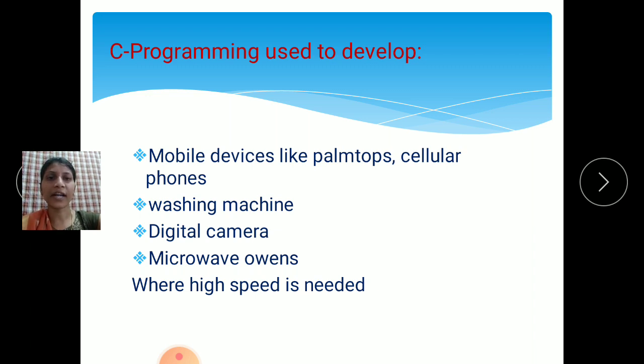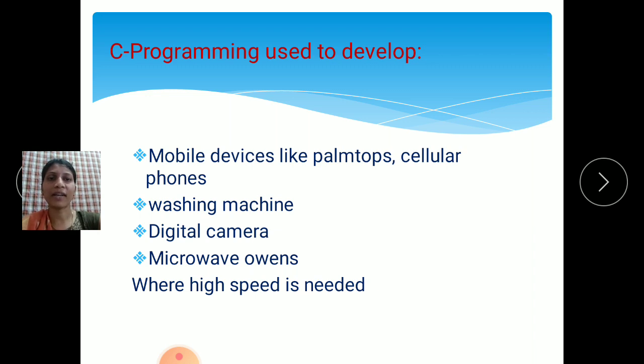For preparing that we use the C programming language. Behind that application there is a programming code. According to that code your apps or your mobile will work.